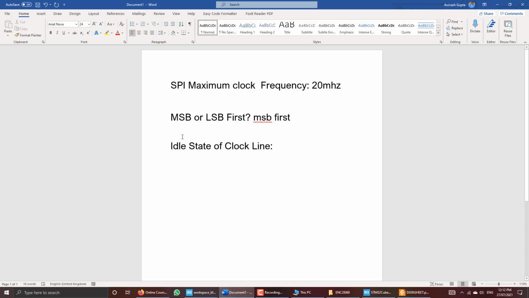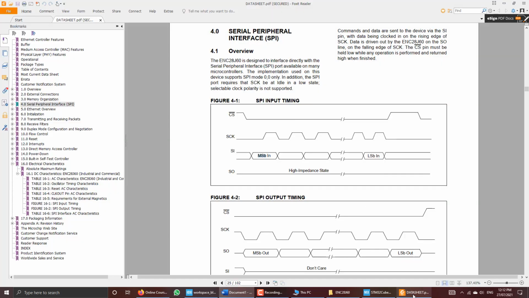Now let us find out what is the idle state of the clock line. It is also visible from this diagram that initially the SCK line is at low level and then it goes to high level when the data transaction begins, and it is also written here: the SPI port requires that SCK be at idle in a low state.